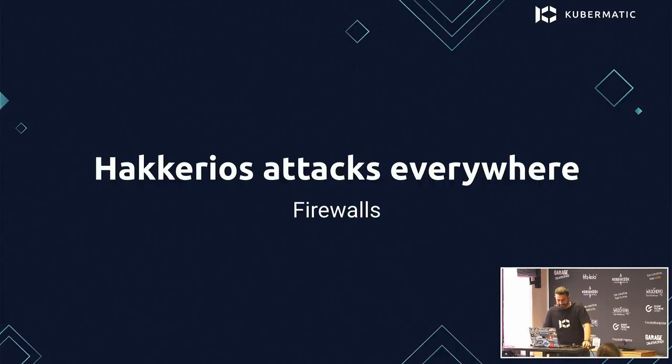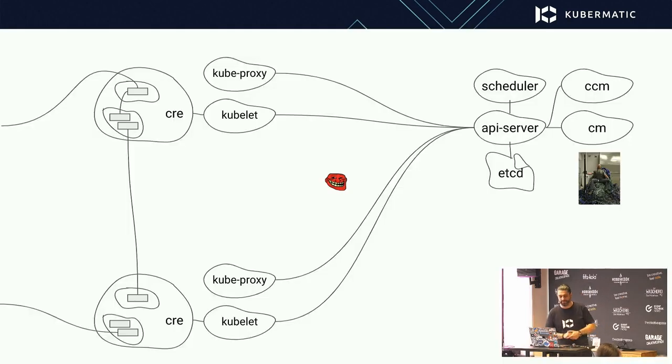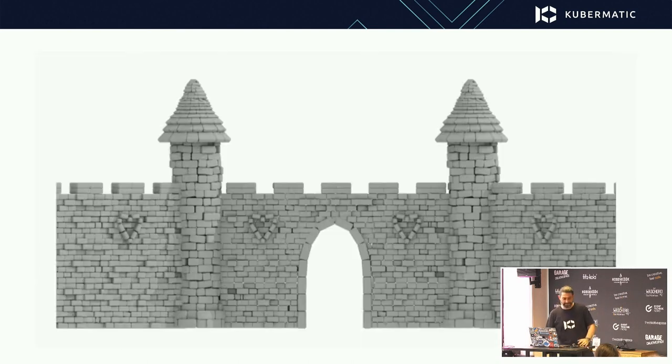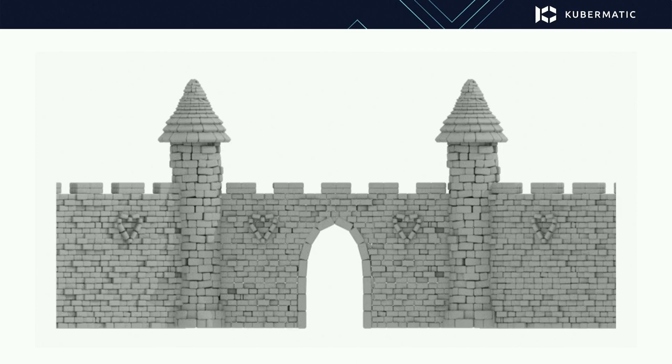Of course, he will be trying to take down the kingdom and attack everywhere. So the first thing we do for security in general, which is not specific to Kubernetes, is put firewalls around our cities or our servers, right? So when Hakarios wants to attack, we have those walls around. But even with walls, as with real cities, we have some gates or ports that let people or other things come in and out. The important part is that you want to know who comes in and who goes out, so hackers should not get inside through those gates.